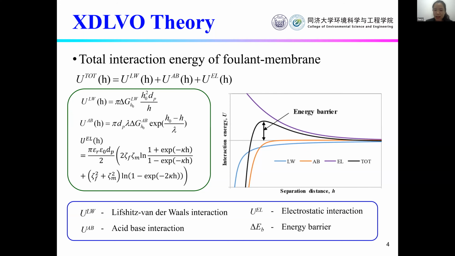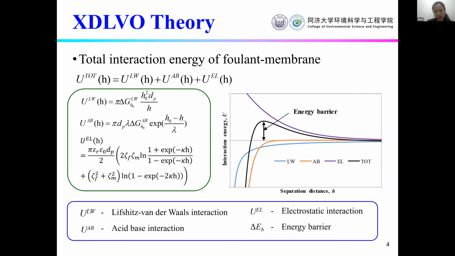Hello, Prof. Zhang. Yeah, I think you may have some misunderstanding. We think that when the zeta potential is near zero, near the isoelectric point, the energy barrier is negative or not very stable. So it is an attraction force. That means that the foulant can be attracted onto the membrane, so it will lead to a high fouling rate. So we don't want to work at the